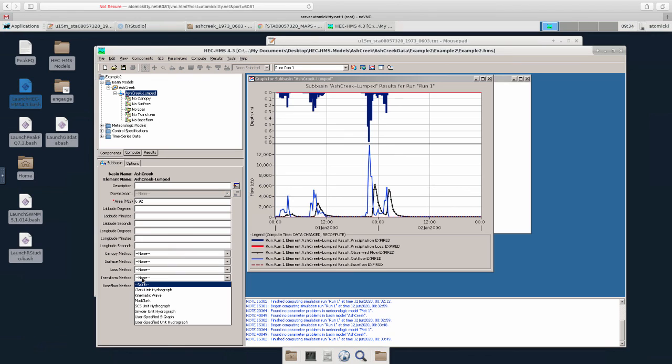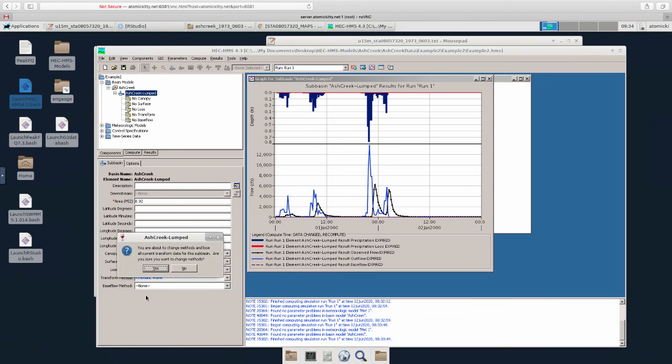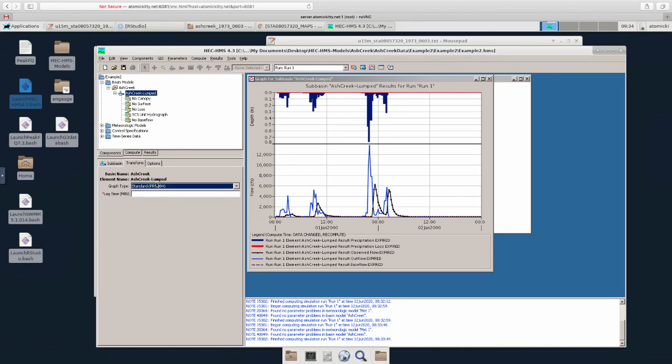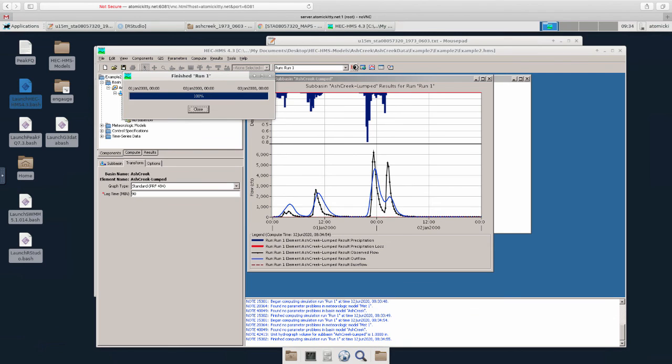Put a transform method. Let's see what's the fastest one. Kinematic wave. I may regret that. Yeah, I do regret that. Let me do an SCS unit hydrograph, and I would guess about 90 minutes would be a good lag time. Save it, rerun it. Not bad on the lag times,